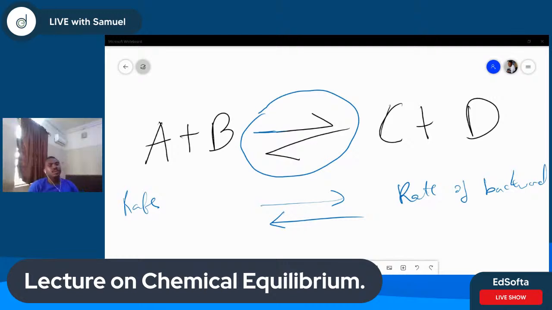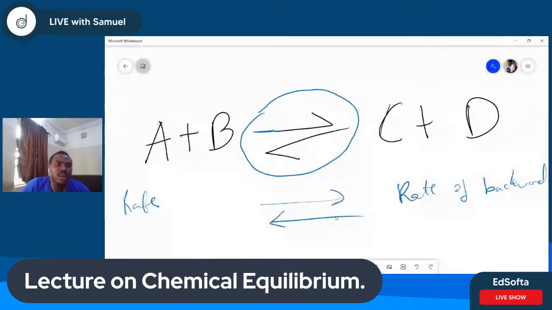Le Chatelier's principle. Le Chatelier's principle states that if a chemical system is in equilibrium and one of the factors involved in the equilibrium is altered, the equilibrium will shift so as to neutralize the effect. So what Mr. Le Chatelier is saying is that if there is a change, when a system, like the A and B system, gets to equilibrium,